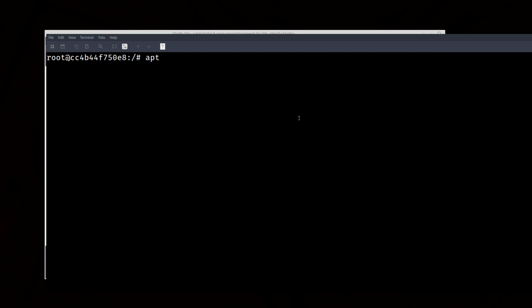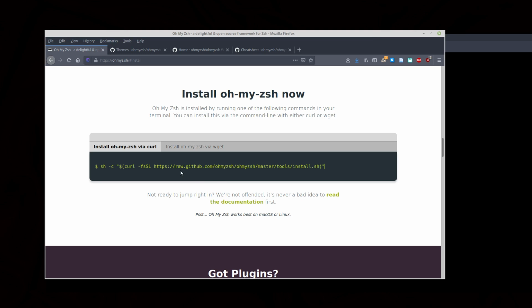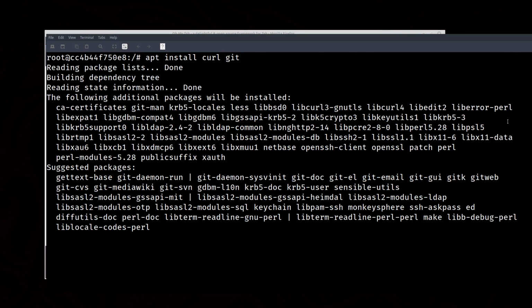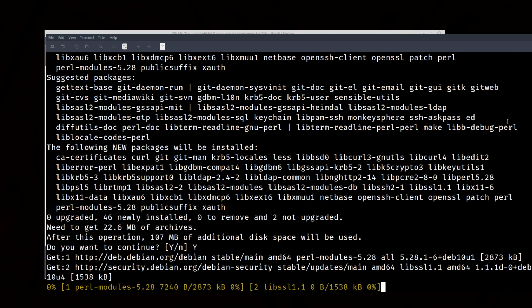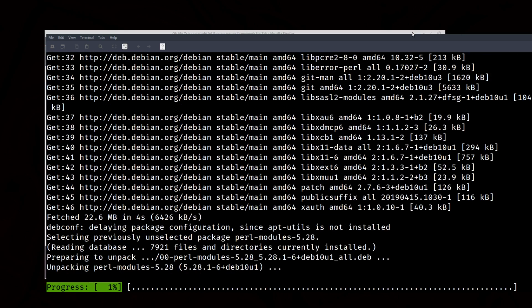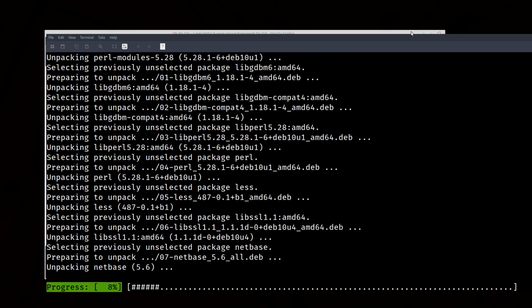So let's install apt install curl, and also we need git because it is going to get all the configuration from GitHub. So we need curl and git. Type Y, and once this is installed,